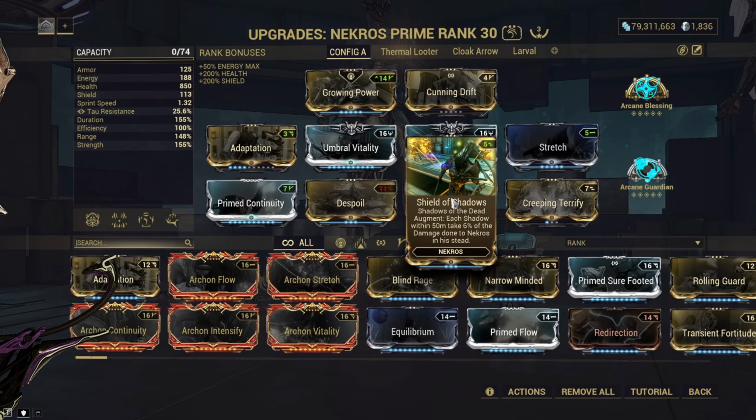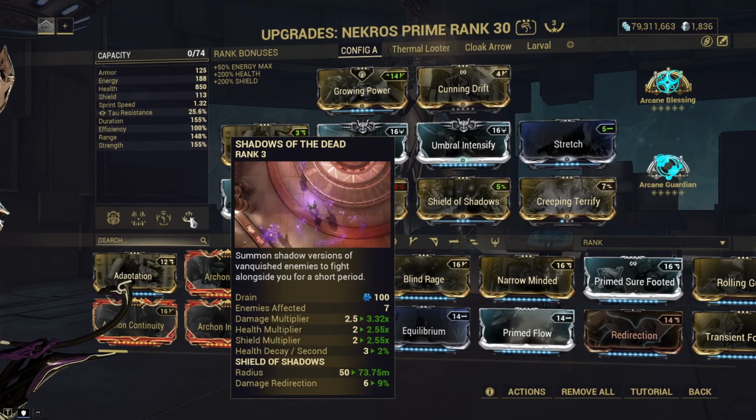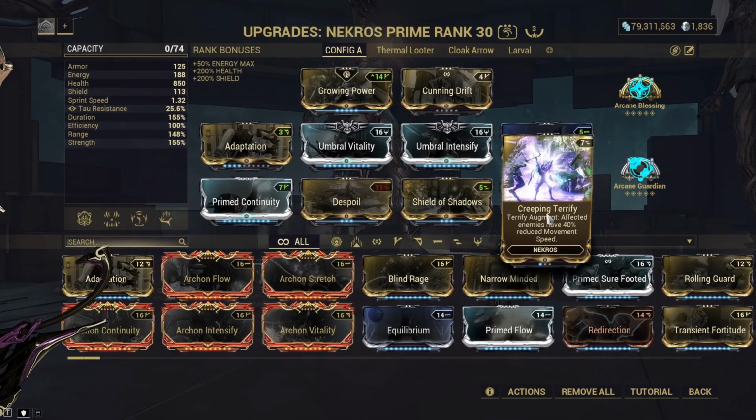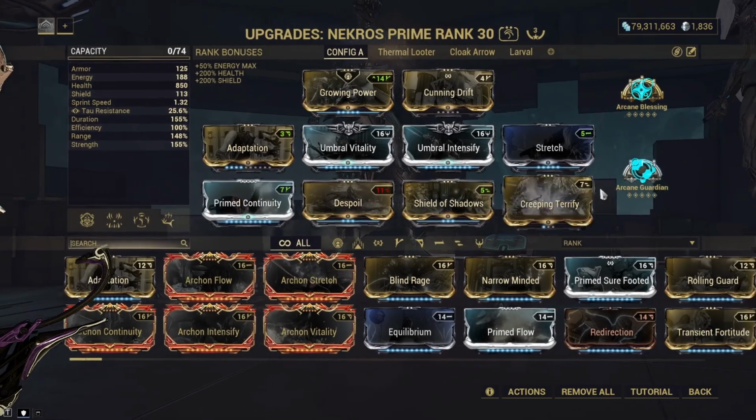Shield of Shadows is here for 90% DR and also to give us status immunity, as Shield of Shadows gives you status immunity as long as you have an active clone up. Not clone. What are these called? An active shadow up. Creeping Terrify is here, so then whenever you use Terrify, enemies don't run off to Narnia